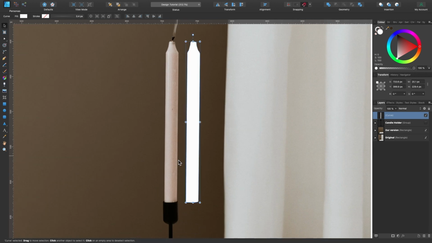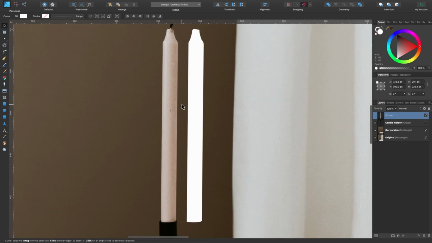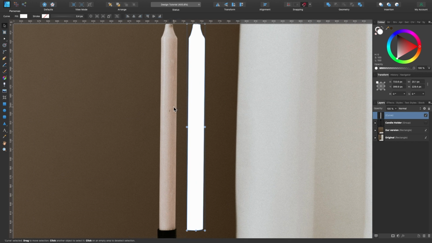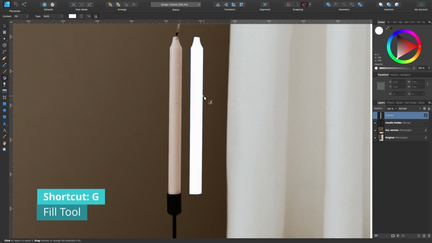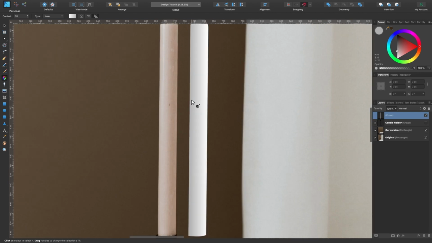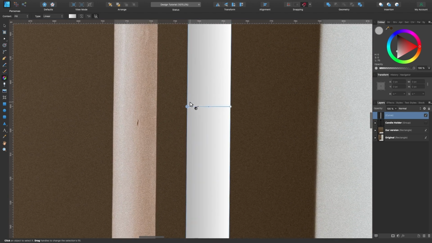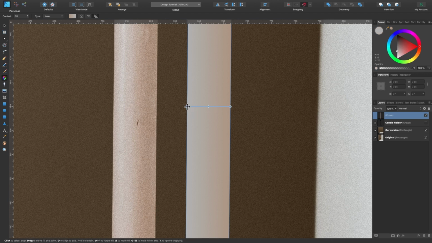Let's try and recreate these colors that we see here. So it looks like we can use the gradient tool for this. So it goes kind of from this light brown to white and maybe a little bit brown again. Let's test it out. So click on the fill tool over here, shortcut G, and we'll just click and drag across like so. And I'll zoom in so we can see what we're looking at. So I'll choose this color first and I'll pick a color over here. So get the dropper tool, choose some kind of color, head up, click, you've chosen that one. And for this side, I'll do the same on this side. Let's just see what color it comes up with if I do this, see what it looks like.